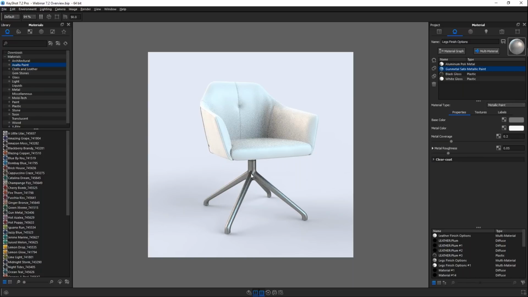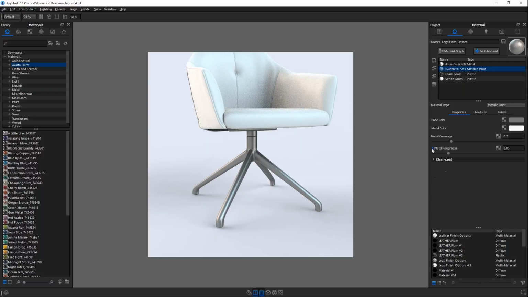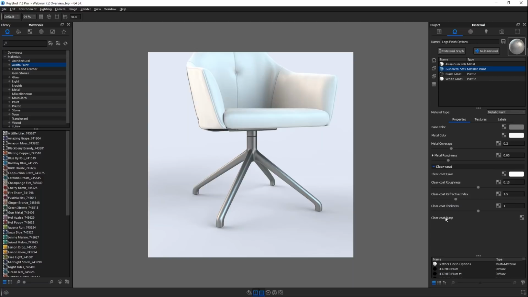And while we're in here, metallic paint's great because it's got a lot of different options for customizability. And then we've got this clear coat option here, which just gives you the option to change things like the color of the clear coat and the thickness, its refractive index, all sorts of great stuff. But what we've now added here is a clear coat bump